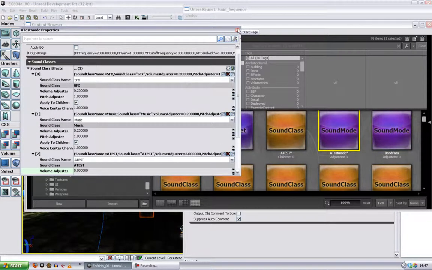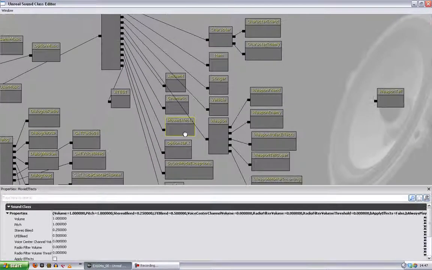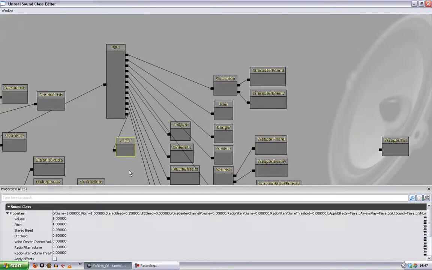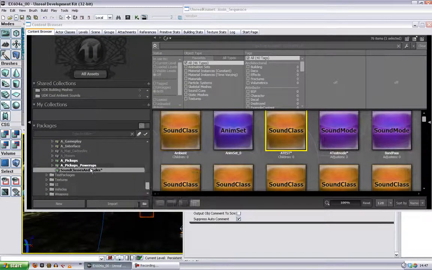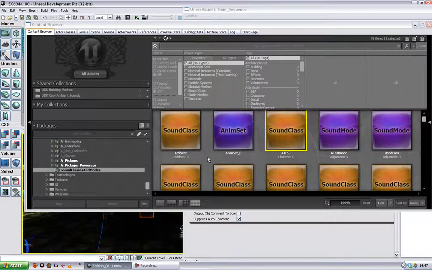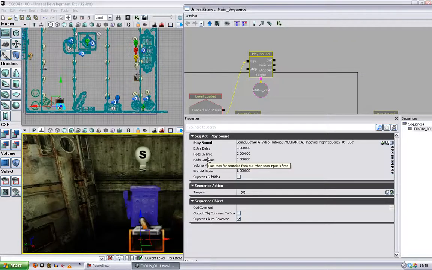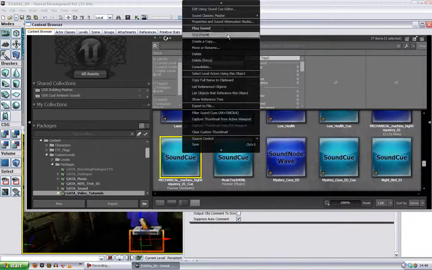Now the reason we're doing that, of course, is because I don't want to have to enter each of these individual sound classes in my sound mode and bring them all down individually. So I'll do the whole lot, but then I'll just add an exception for that and bring that back up again so that it's played at normal volume. So I'll save that, and like before, we're going to have to restart UDK in order for that change to take effect. Now if we make sure that this sound cue is assigned to our new sound class,